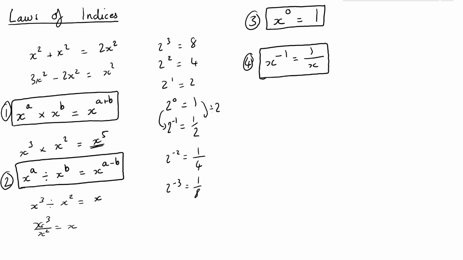If we realize that this is 2 to the power of 1, this is 2 to the power of 2, and 8 is 2 to the power of 3, then really x to the power of minus a becomes 1 over x to the power of a. And this is our fourth law. And fifth,